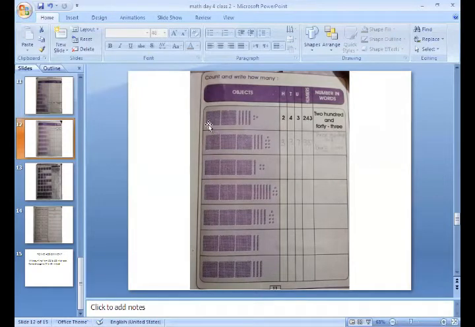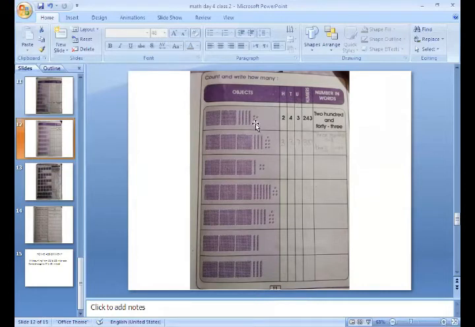See in box number 1. So you will identify how many blocks of hundreds there are. There are 2 squares, so you will write 2 at the hundreds place. Then you will count how many blocks of tens there are. 1, 2, 3, 4. There are 4 blocks of tens, so you will write 4 at the tens place.